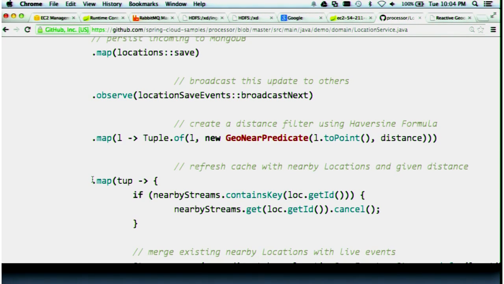But basically, what I'm doing is a transformation. I'm doing it non-blocking, in memory, and it doesn't require any I/O. I'm taking as input my object that's come out of the database after saving, which is MongoDB in this case, and I'm creating this thing called a predicate. In this particular instance, and again we'll talk about it later, I'm actually running a formula that's like calculus, and I'm not a math guy, so I have no idea what it actually does. I just copied it off the internet, but it basically tells you how far away two points are from each other. So, Wikipedia to the rescue. But I put that in the predicate, and I'm passing that on to the next stage in the filtering chain, and then this is kind of where it gets